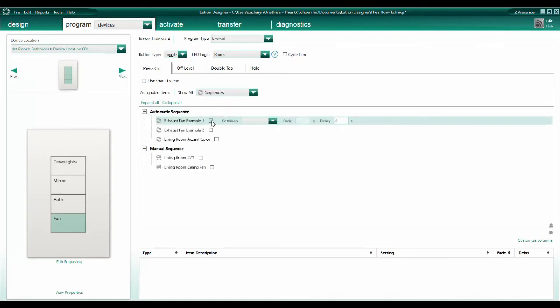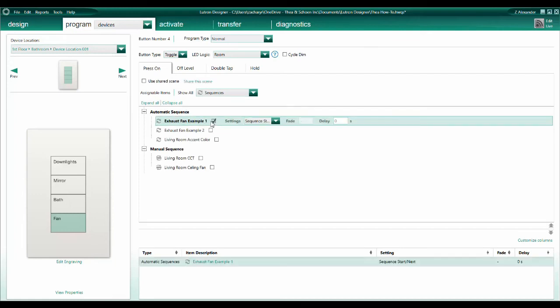I'm going to start with exhaust fan example 1. Remember, this is the example with the two defined steps, fan on and fan off. I select this, and I want to make sure to use the sequence start/next option. Then it's important to change my button type to single action because I want the first step to start my sequence. If I walk away and don't touch anything, 15 minutes later, it'll automatically move to the fan off step,